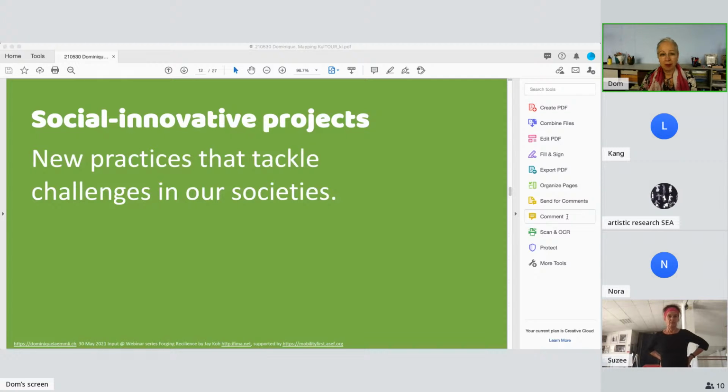2025. Irene, when you were presenting before, you said your project is not about innovation, but to move forward. So I think that's how we understand social innovative projects. It's about moving forward, and we're not using a top-down definition of the term. We ask everyone to come up and say, well, what I do, this is moving forward. This is social innovative.